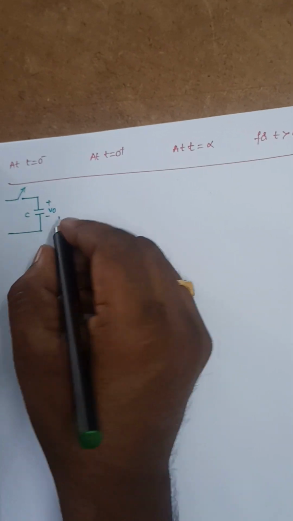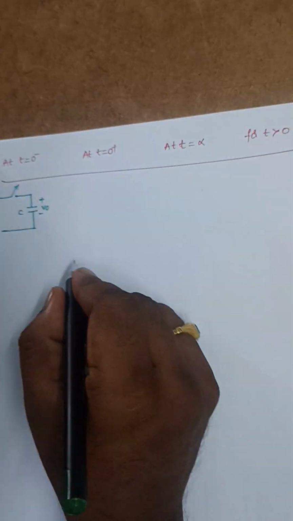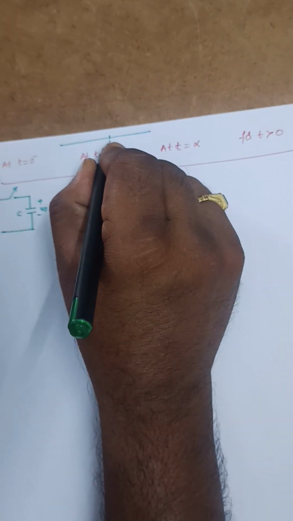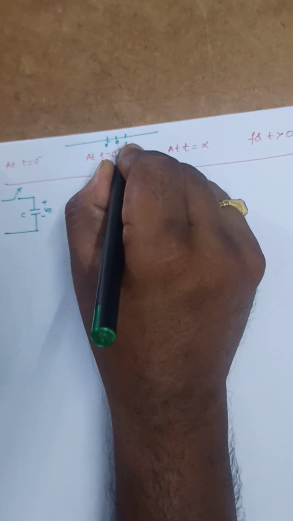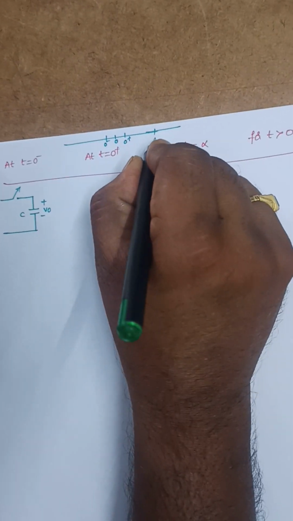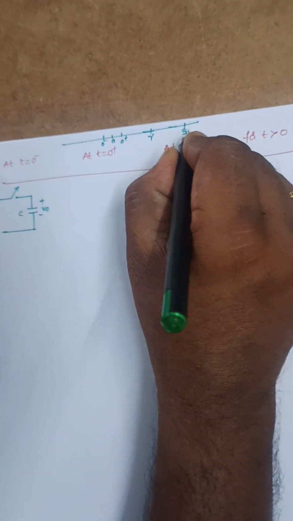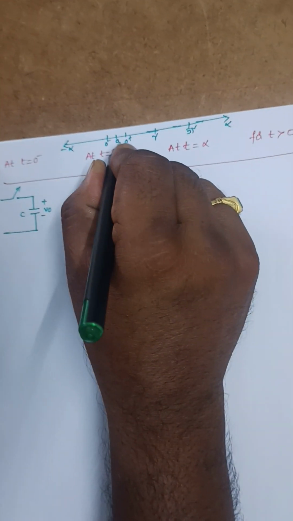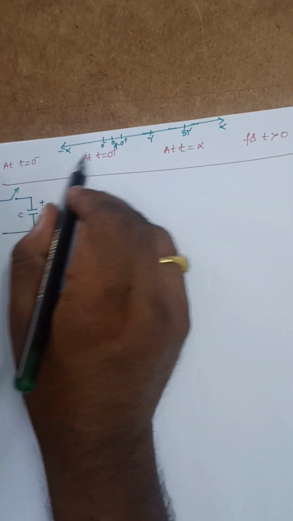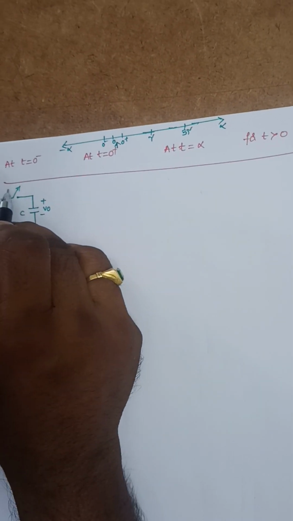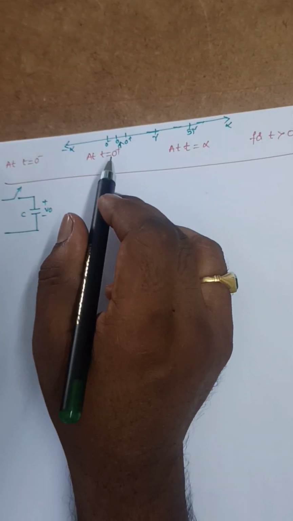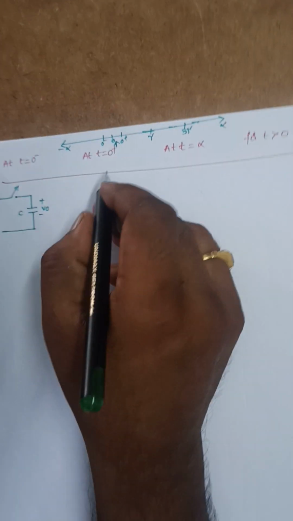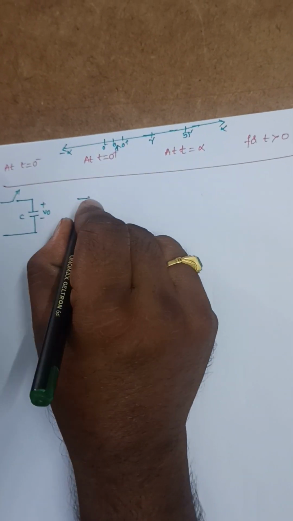Now at t is equal to 0 plus, so it is the switching action. 0 minus, 0 plus, tau, 5 tau, infinity, minus infinity. It is the switching action. At t is equal to 0 minus, the switch is in off position. At t is equal to 0, the switch was closed here. At t is equal to 0 plus, the switch was closed here,